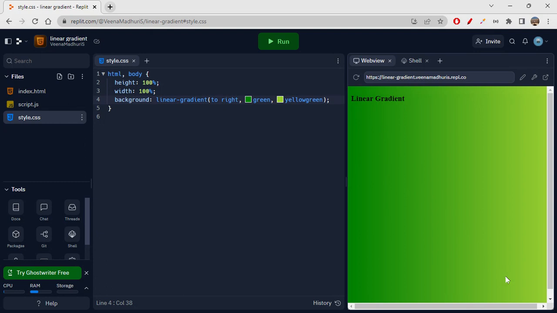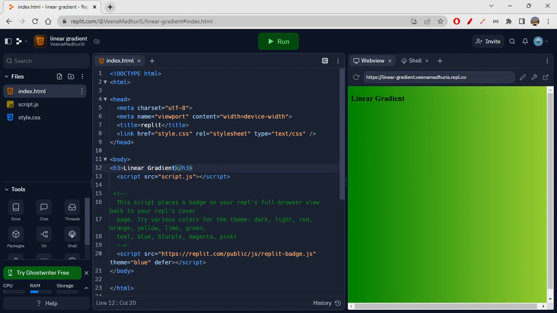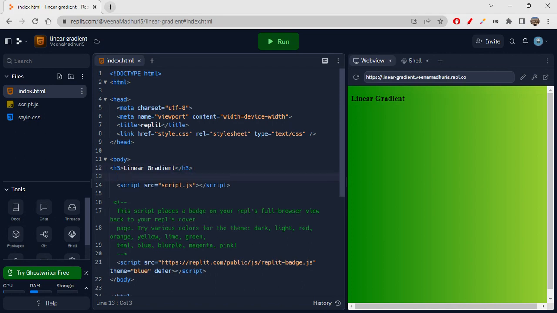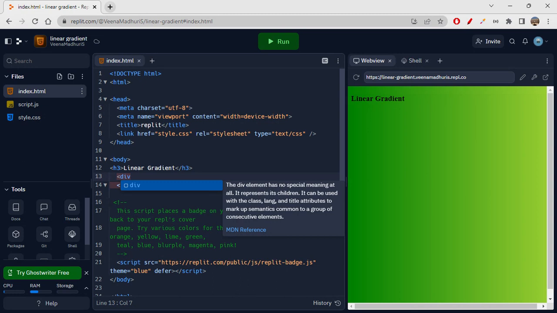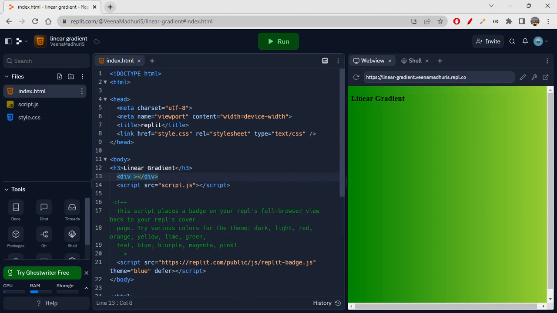Now, to left and to right is okay. What if you want the thing diagonally? If you want a diagonal thing, I will do one thing. Instead of changing it like this, let's create a division. I will give the ID as div1. I will also give width, not directly, but in style. So the width is going to be